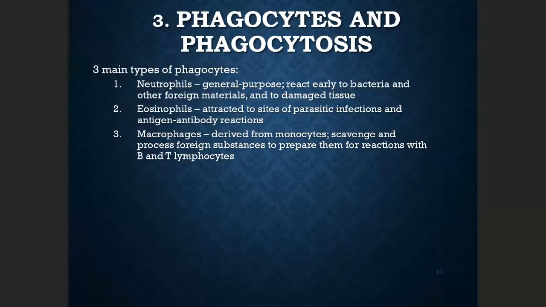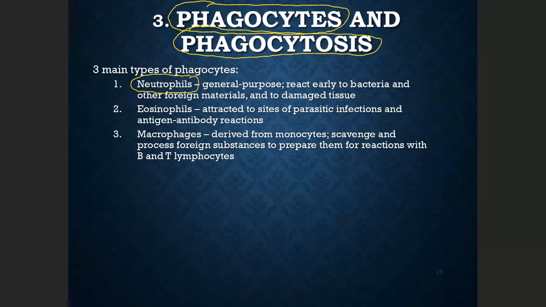The next process of the second line of defense is called phagocytosis. It is performed by phagocytes. Cyte means cell, phago means food or eat. So a phagocyte is a cell that eats bacteria. We have three types of phagocyte in our body, which are actually our white blood cells. The first one is called the neutrophil, which is the most abundant type of white blood cell. They are also able to eat bacteria. The second one, eosinophil, is able to perform the eating against parasites.